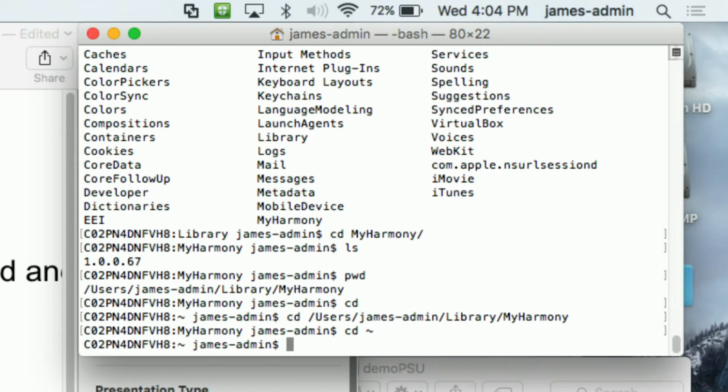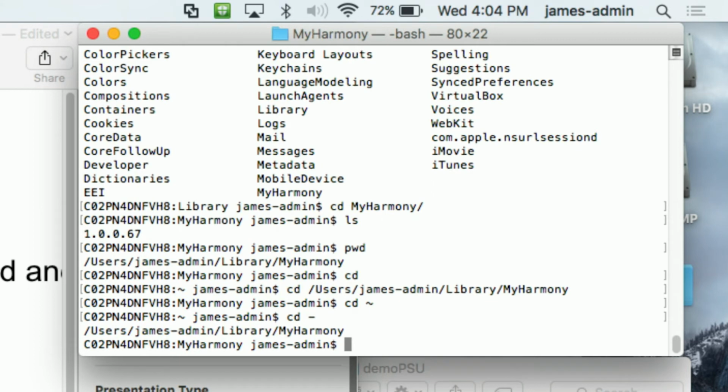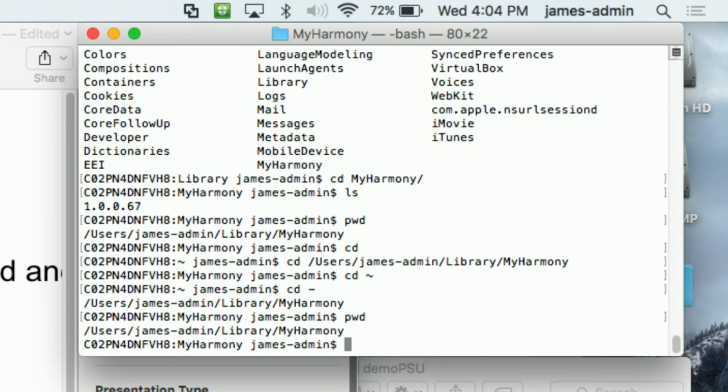When you're saying cd minus? cd minus, I think, will jump you back to the other folder. cd space minus. So it's jumping me back to the previous folder that I was in. Yeah, that's useful. Another thing that's useful is you can type in